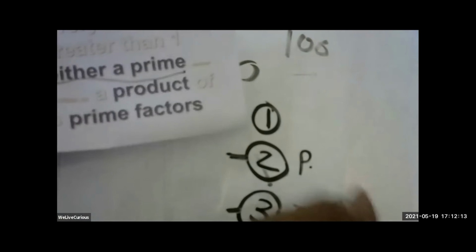Now see here what this is saying. Every integer greater than 1, this is greater than 1, 2 is greater than 1, 3 is greater than 1, is either a prime, so this is prime, this is prime, so this is satisfying, right? It is a prime, or can be written as a product of its primes. Okay, up to 3 is okay because we get primes. Now we write 4. What happens?